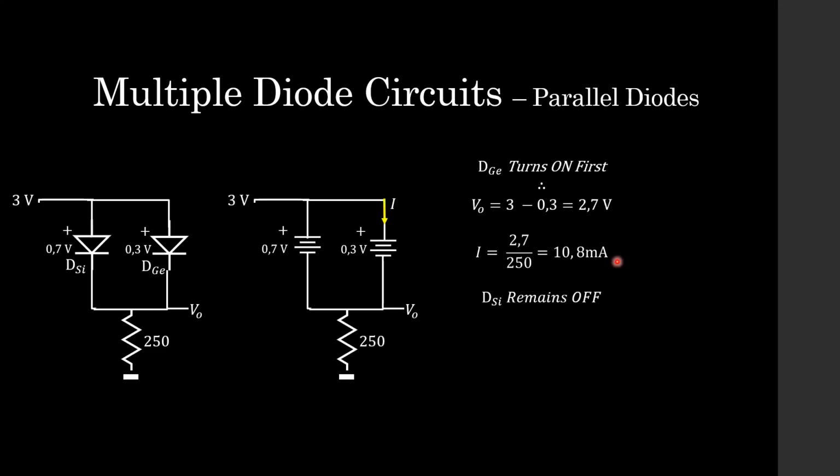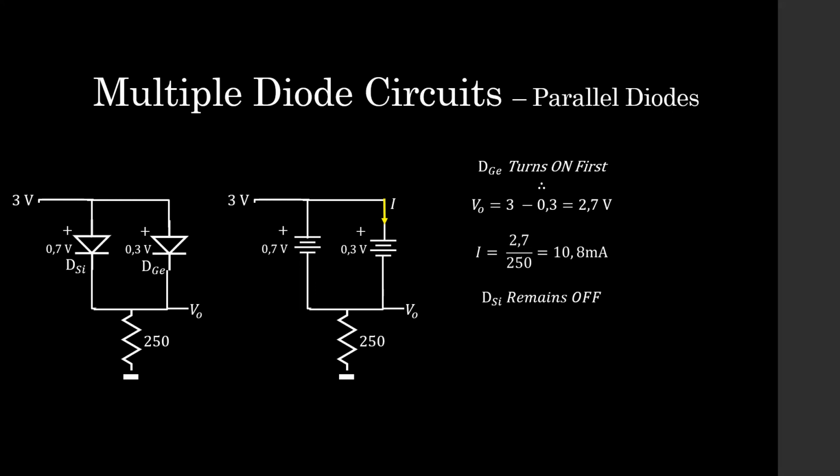Now what if we have a parallel diode circuit that has two different types of diodes? Take this one for example. So here we have a silicon diode, but we have it in parallel with a germanium diode. And we know that the volt drop or on voltage of these two diodes are very different. So we replace our circuit with the equivalent model, and we have our 0.7 volt source here and our 0.3 volt source over here. So students, it's quite important to note that this 3 volt source